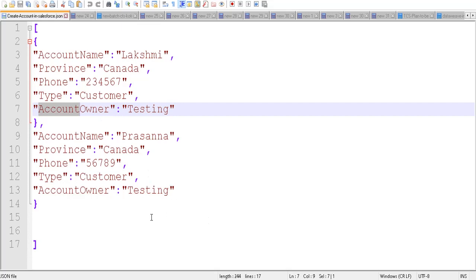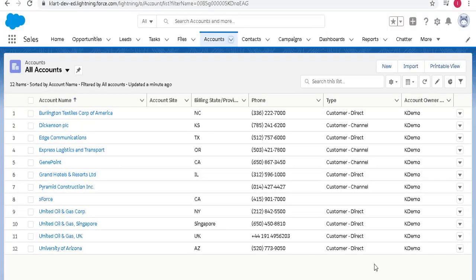But in your requirement, if you want to create a few more fields like billing state or province, accounts have a lot of fields actually. These are just the display fields for understanding purposes, but you can add and remove any fields to display here.